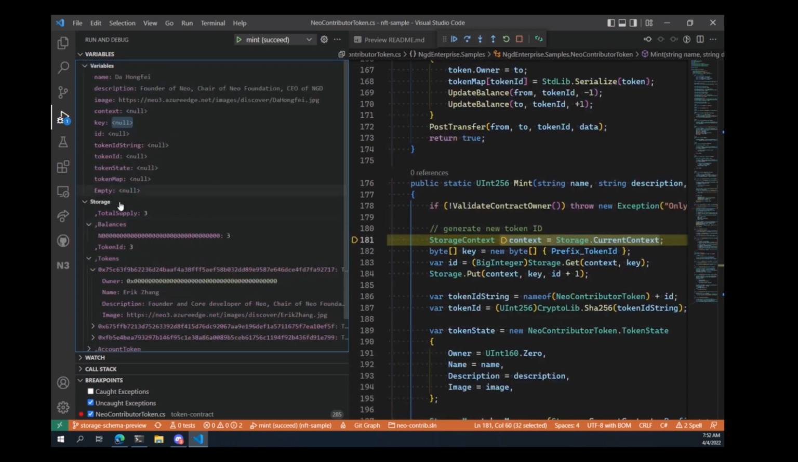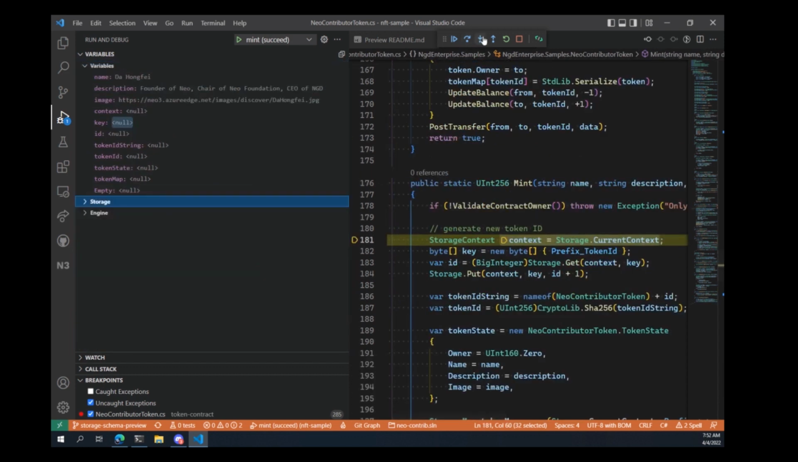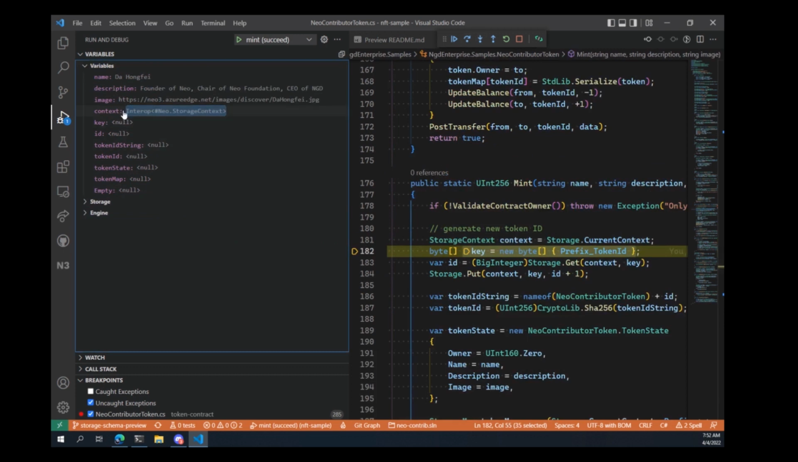And as we go through here, we're going to create a storage context. It knows that that's an interop of a storage context. You can't really explore a storage context at all, but you can at least see that that's what that object is. We can create the key, we can create the value, and when we put this information to storage,